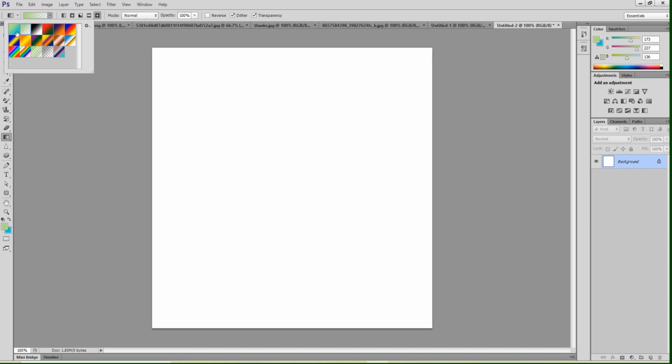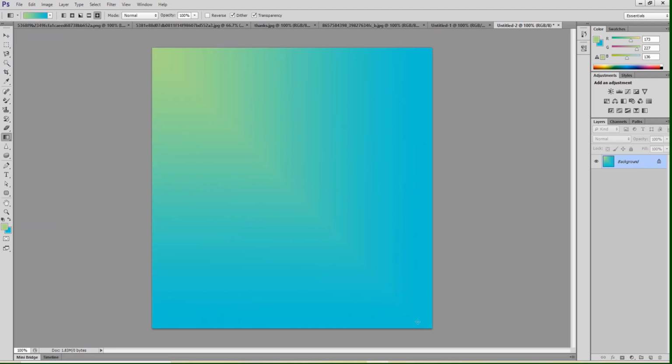To see that, I will first select the foreground to background. Now I'm dragging the mouse. Gradient is filled. Okay, fine. I'm taking it linear. I'm dragging it again. Okay. Now what is happening? Now the previous gradient has been overlapped by the new gradient. New gradient has replaced the previous one. I'm dragging it from here again. It is overlapping. It is overwriting the previous gradient.